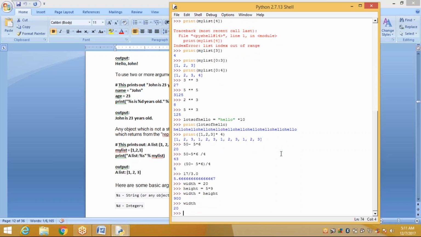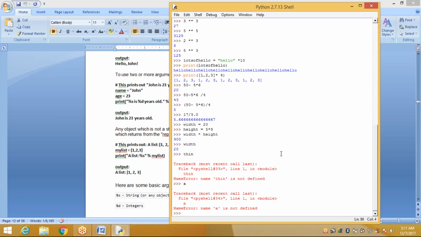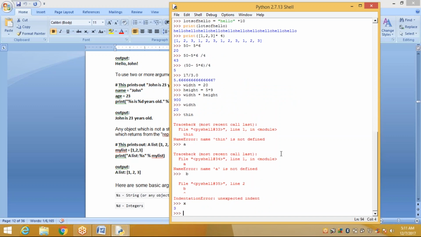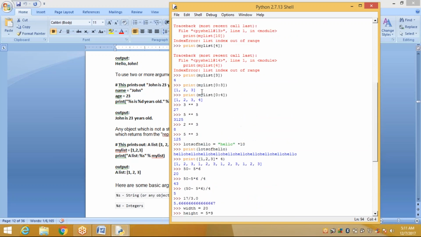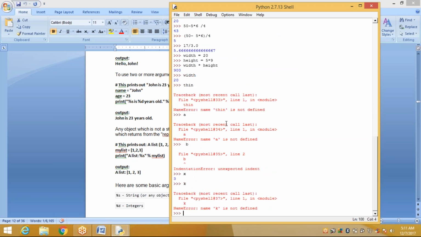I can take another thing. See here, name 'thin' is not defined. Or enter A, A is not defined. Or enter B, B is not defined. Okay, X. Already the X value is stored in our memory, it has 1, 2, 3 or something. Okay, so K is not defined, because you have not assigned any value to that variable. So when you enter it, it doesn't have any value, it is not defined.